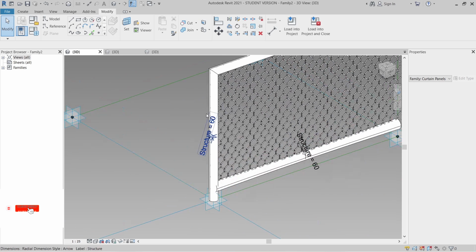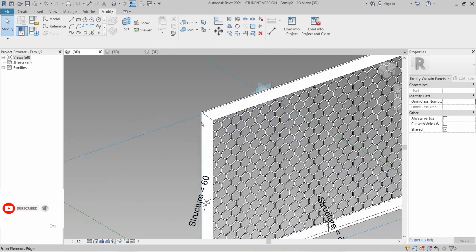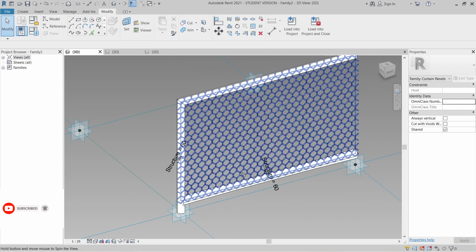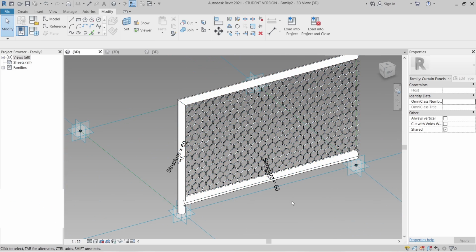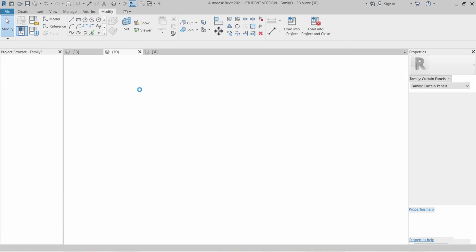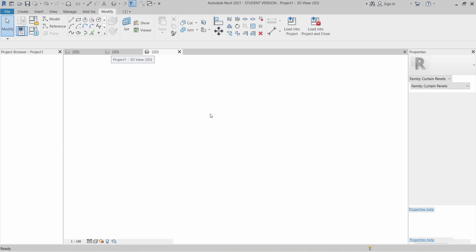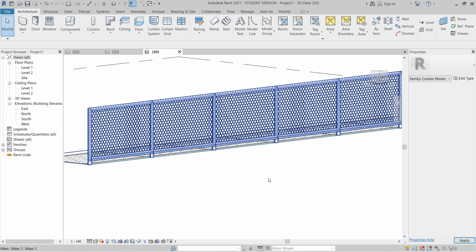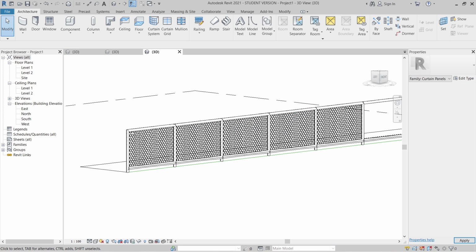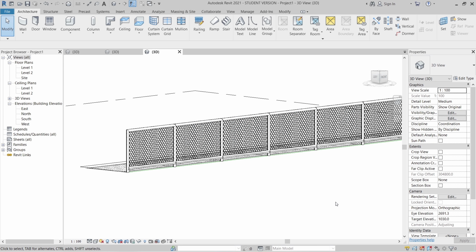Here is the pole that we create by using our reference line plus our circle shape. For the wire mesh here, I'm going to add another wire mesh for a parameter family, also using the generic model pattern base. And the final one here is our 3D, when we apply it into our project, a realistic wire mesh fence.